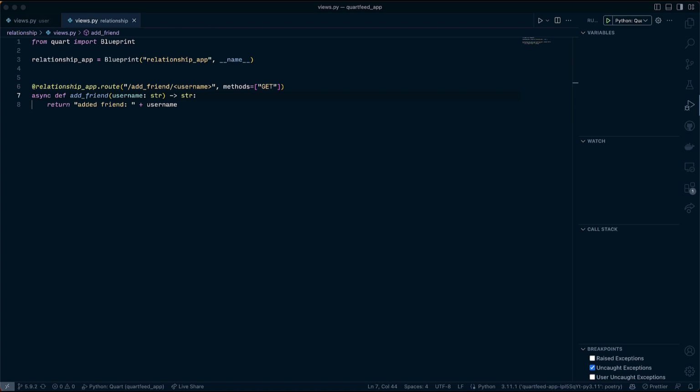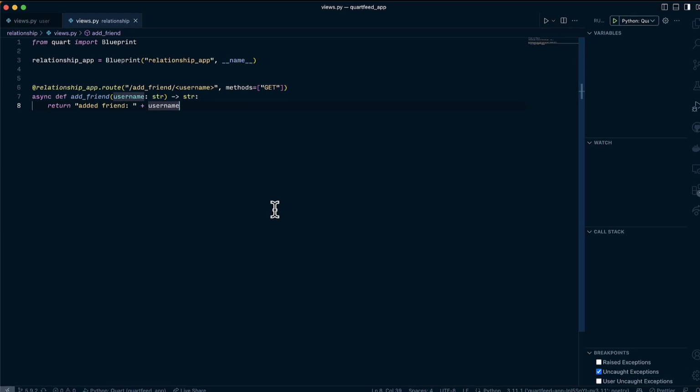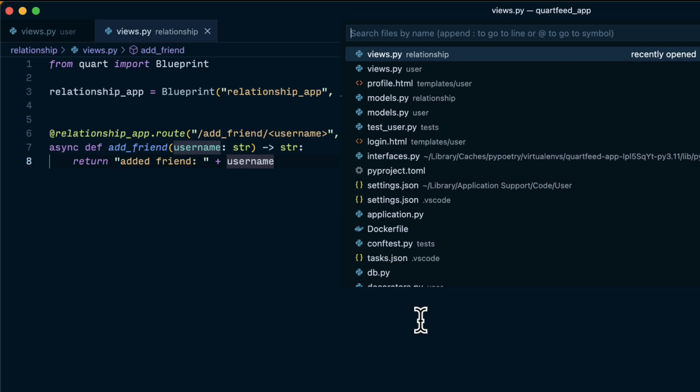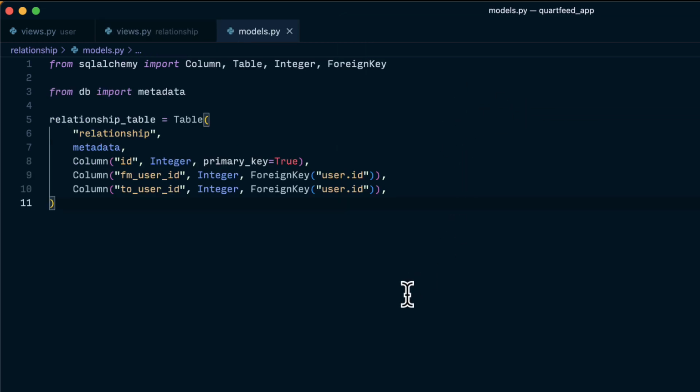So the first thing we're going to do is create a function that allows us to check if a user has an existing relationship with another user, because we're going to use that in many places. So again, applying the DRY principle. So we want to do that on the models of the relationship. So here we're going to say